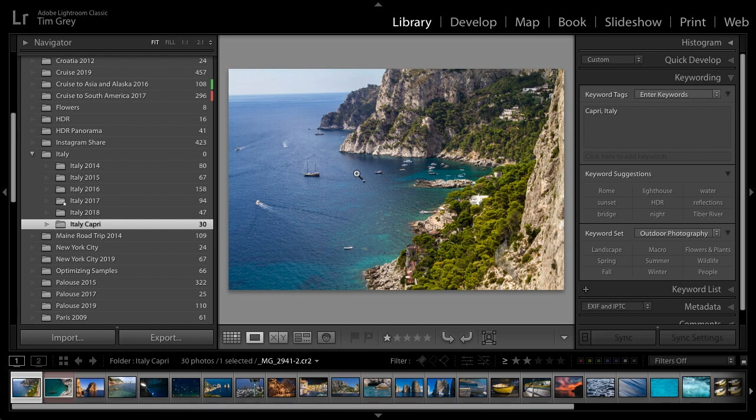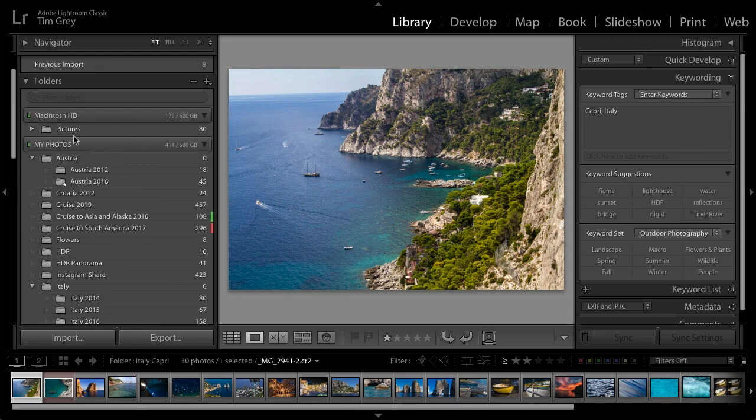So this may be a little more of a tech support question, but I'll address it briefly. Why isn't Lightroom Classic recognizing an external hard drive? It used to recognize it, and suddenly it doesn't. You can see it in the computer, but not in Lightroom. So other than a possible technical glitch, what I would say is, number one, make sure that